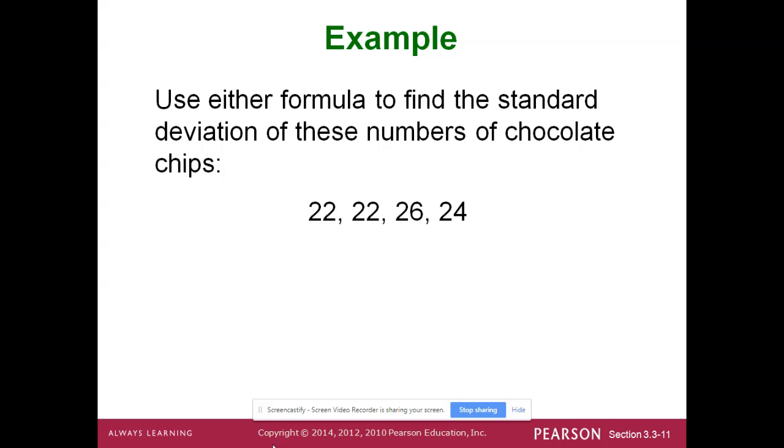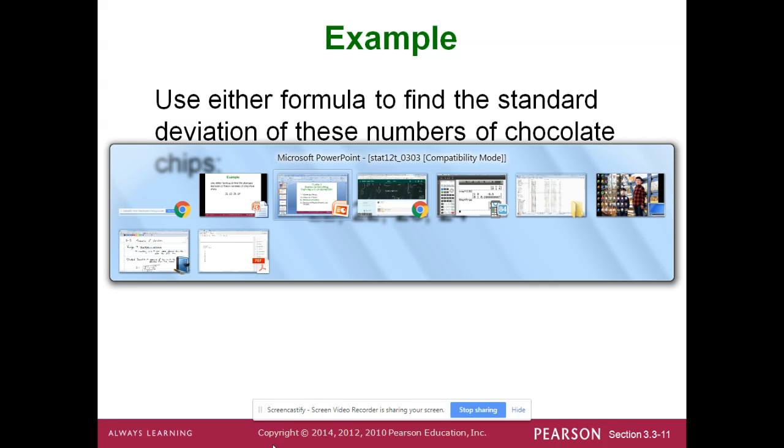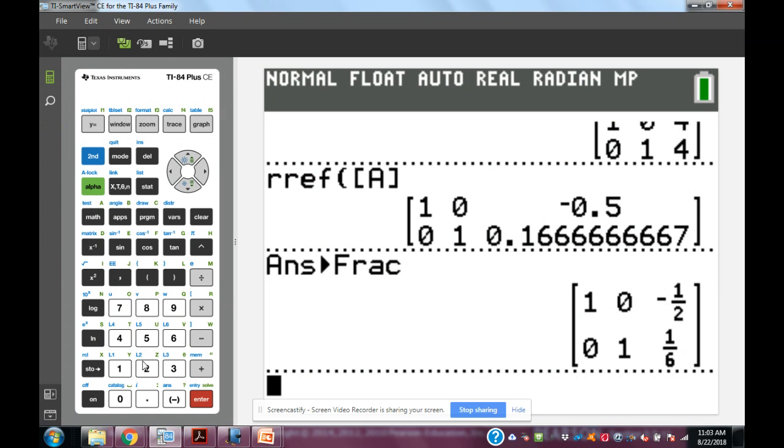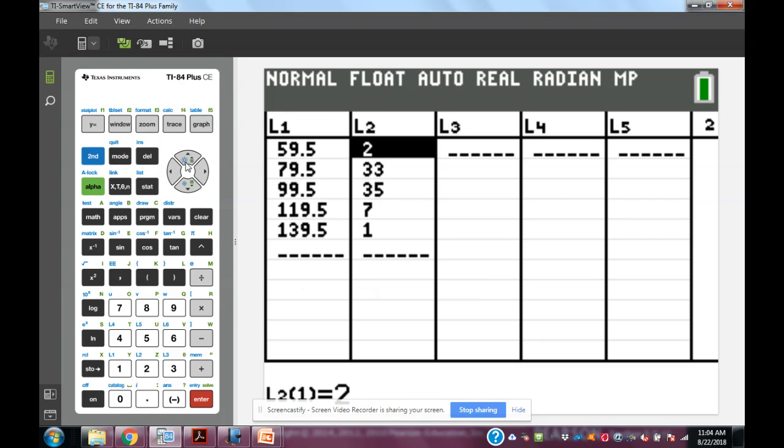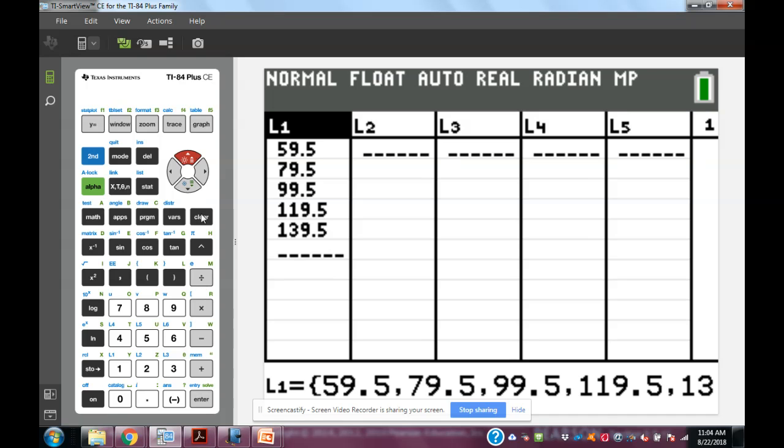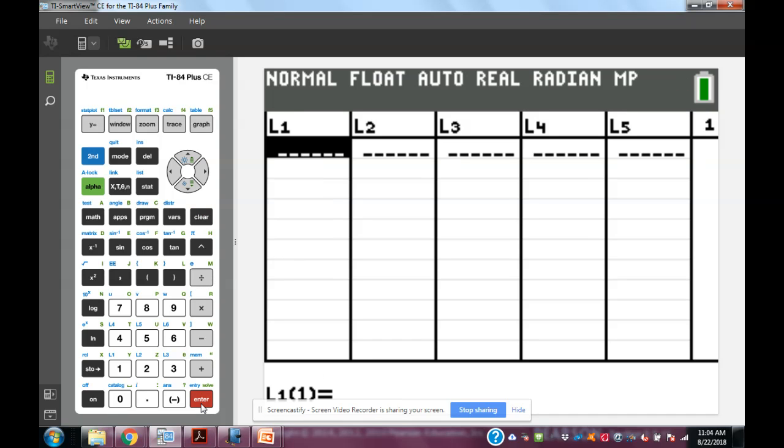If you put them into a table on your calculator, stat, edit, I've got to delete these out of here. I technically could have gone to list 3 and done it, but didn't. 22, 22, 26, 24. And then I go to stat,